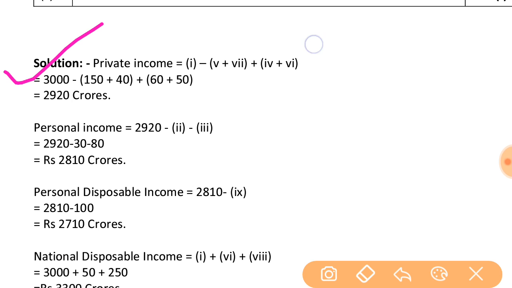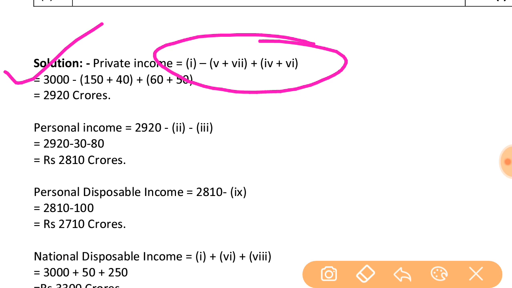So here see the formula is given. According to the question, the formula will be different, but whatever is given in the book, that formula we will use here, though we have to modify the formula according to the question. That is why first is the national income. From the national income, what do we have to deduct? We have to deduct income from property and entrepreneurship to the government, and we have to deduct also the non-departmental enterprises.